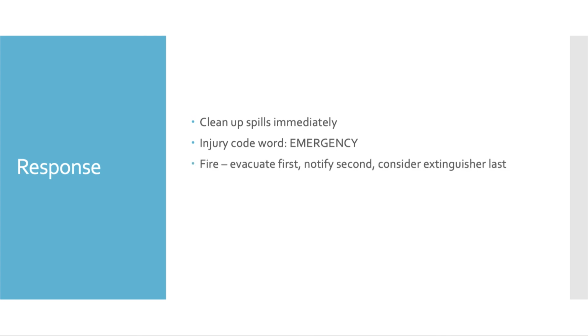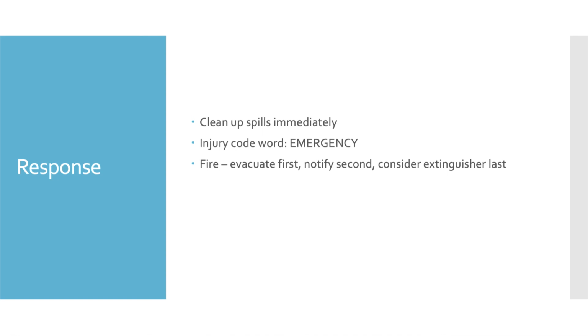If there's an unexpected, uncontrolled laboratory fire, remember that your response should be evacuate first, notify second, meaning pull the fire alarm on your way out. In the school, there are fire alarm pulls near every exit door. So if you're leaving the building because there was a fire in the lab, make sure somebody pulls the alarm on their way out. And then even at home,